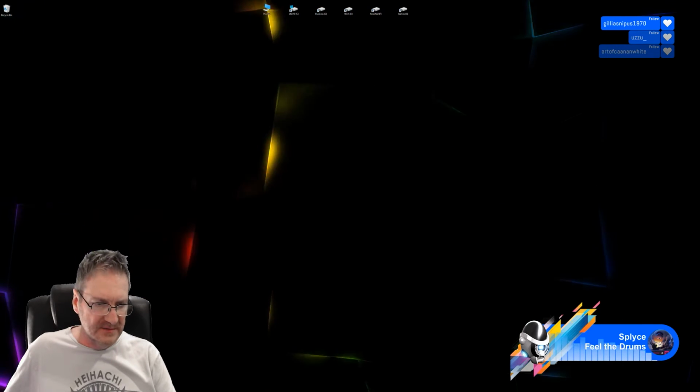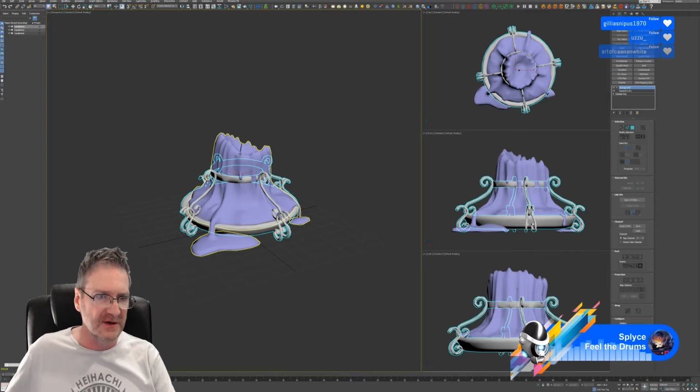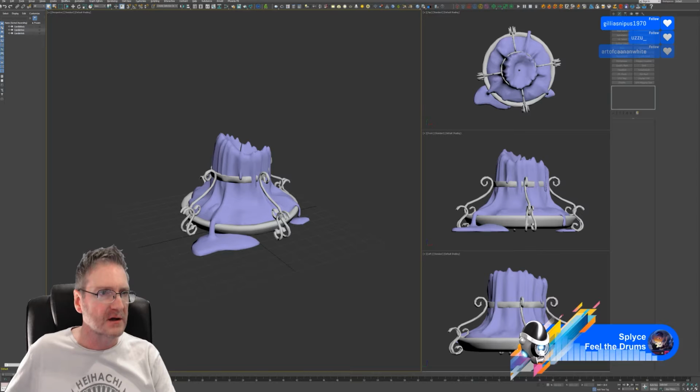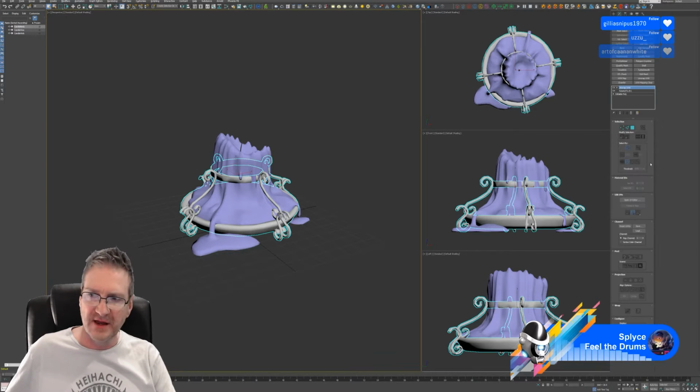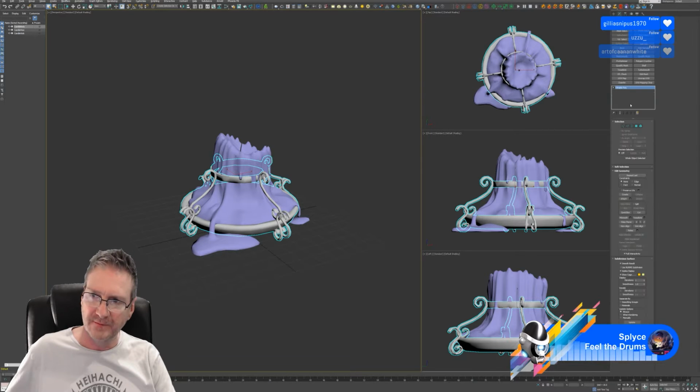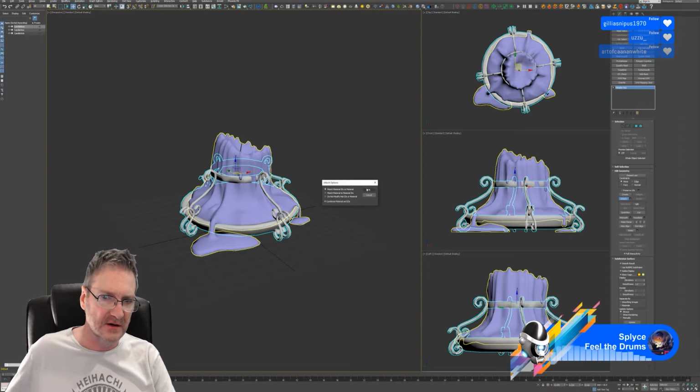Well, let's jump back into Max. We don't have to worry about the candle because that shade has already been made, or the wick. So I'm just going to save the project. Before I save it, what I need to do is attach everything and re-export the model. So we'll start with candle base, collapse the stack, and attach the candle and the wick.